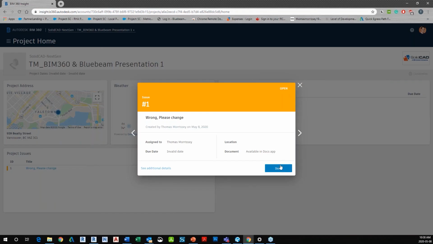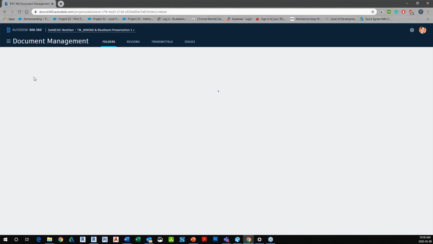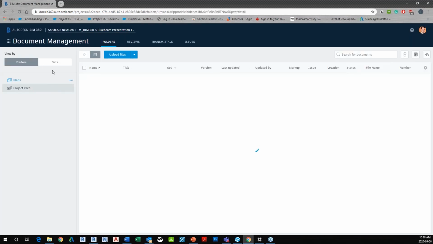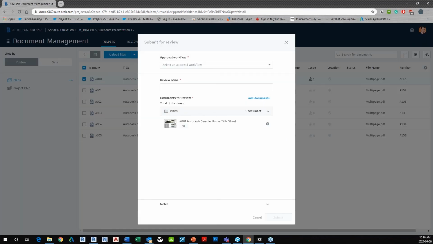Okay, so I just want to run through one last thing. I know I've gone over the time here, but I just want to run through basically how we create a review for certain PDFs. So over here, you see that you can download your source file. There's a couple of different things you can do, but you can see here, you can submit for review. Now, you can do this a couple of different ways. So first of all, we